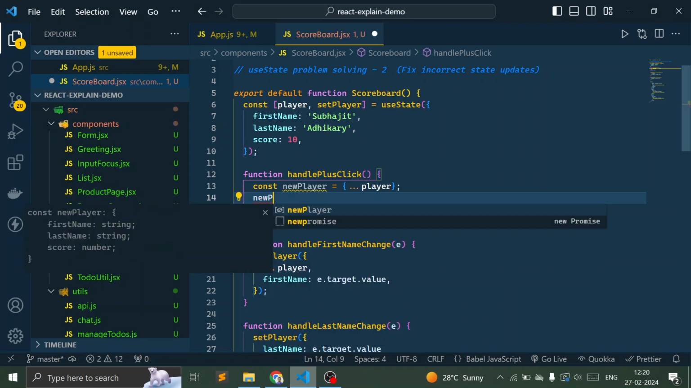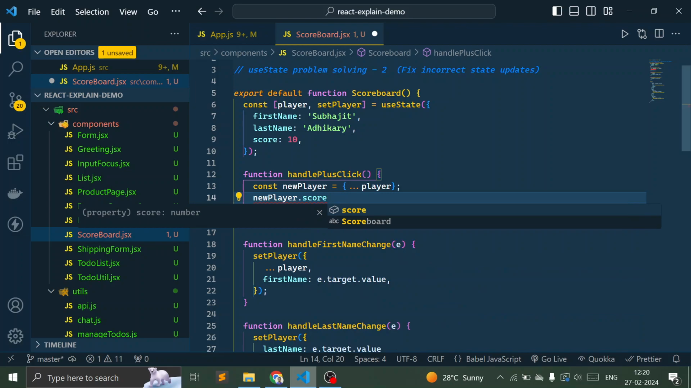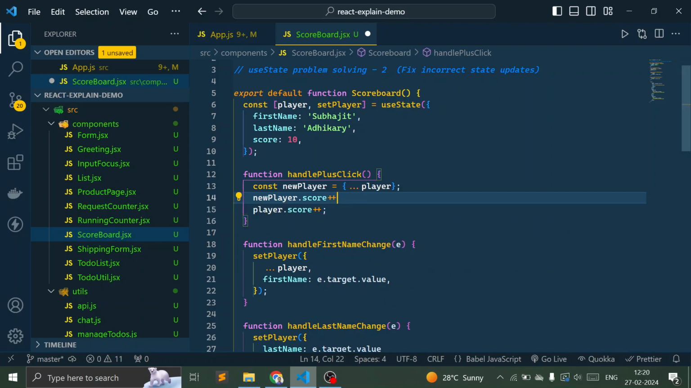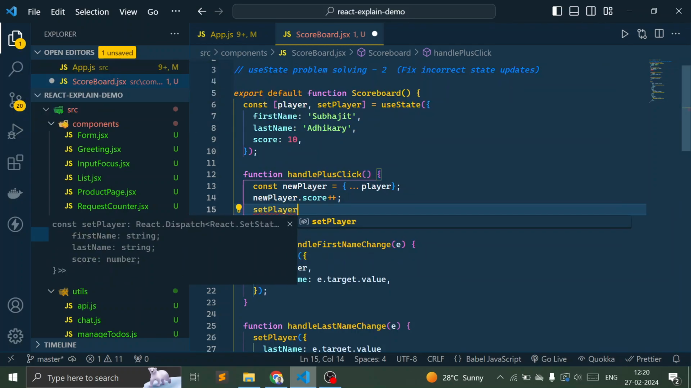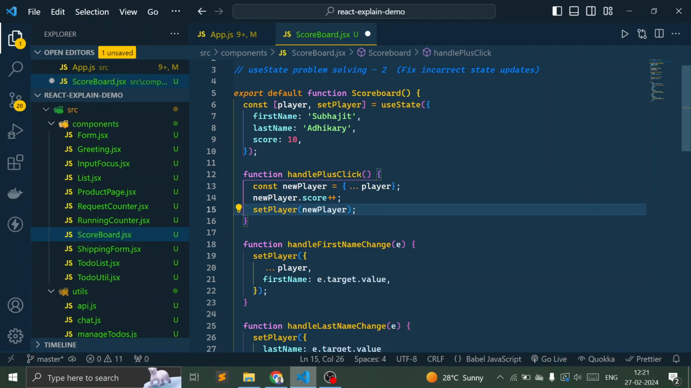We need to change the score plus plus. So now we have incremented the score to new player dot score plus plus. This is valid and this is invalid. And we also need to set the player to this new player. So that we have done. This is one way of doing it. If you want to do it in a single line,